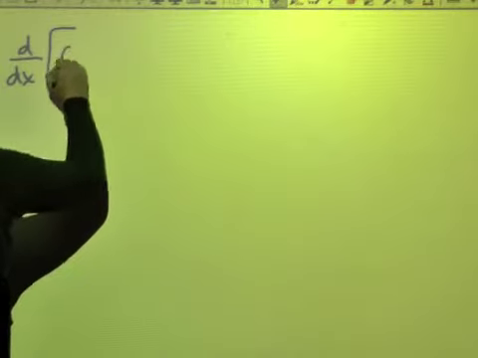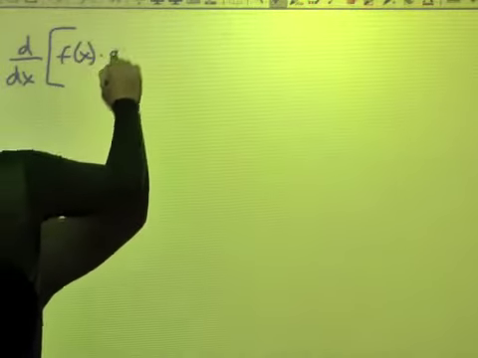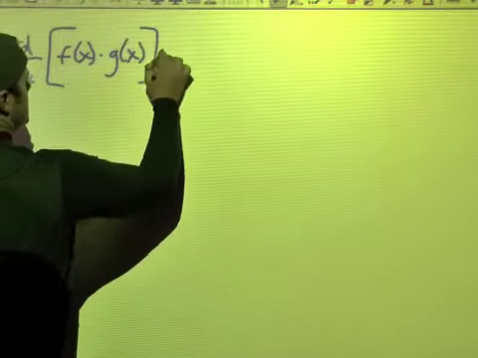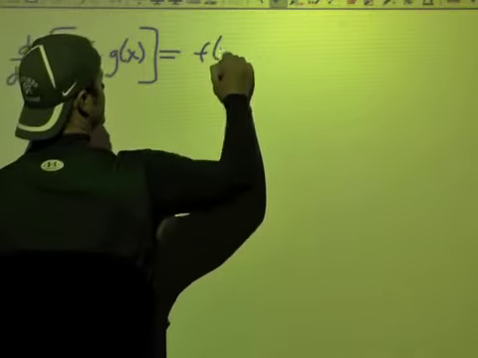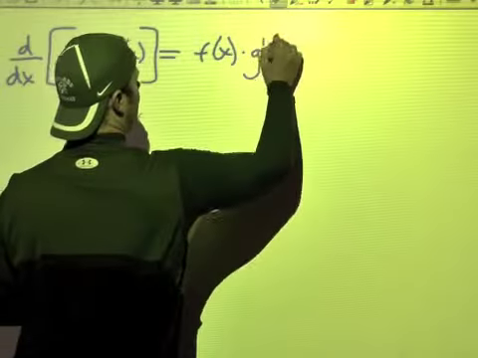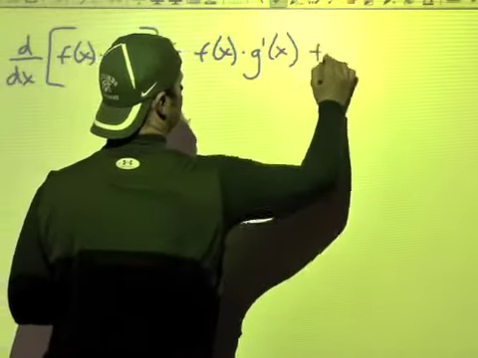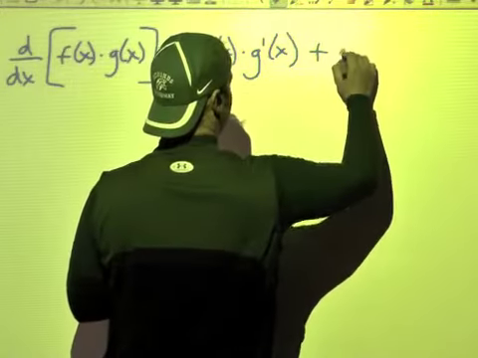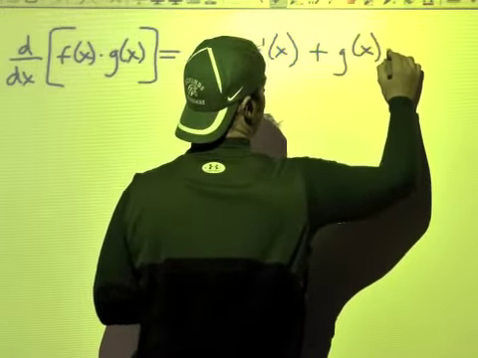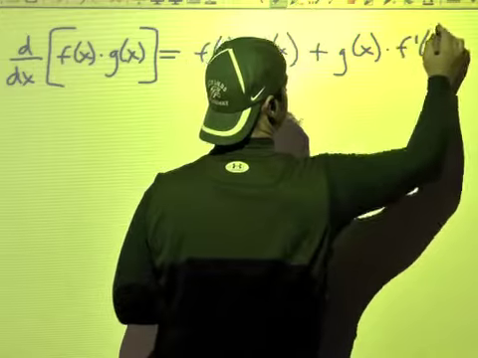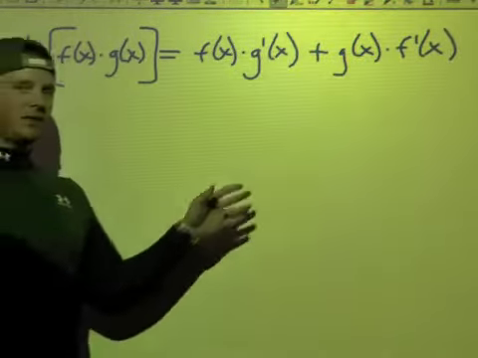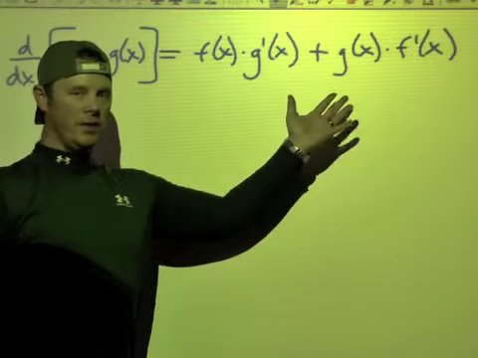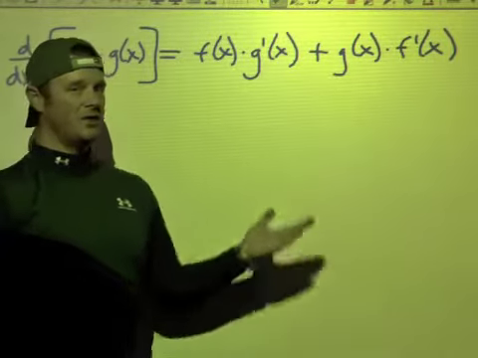The derivative of f of x times g of x, make sure you write this down in your notes, is f of x times g prime of x plus g of x times f prime of x. Okay? So it's a little complicated and it looks overwhelming and intimidating,